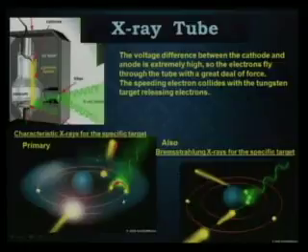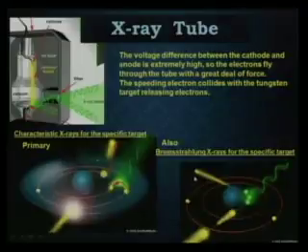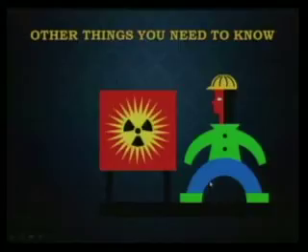So the two main methods that produce radiation inside an X-ray tube are the characteristic X-rays and also bremsstrahlung. Other things you need to know: